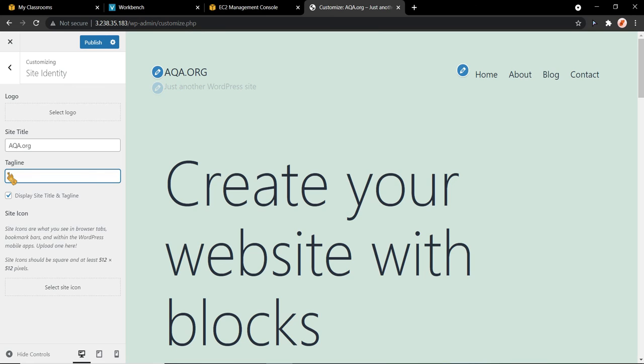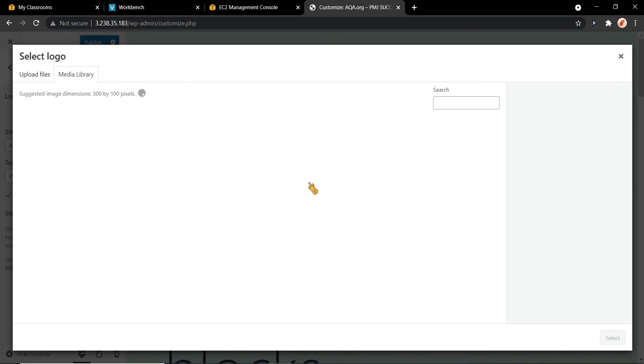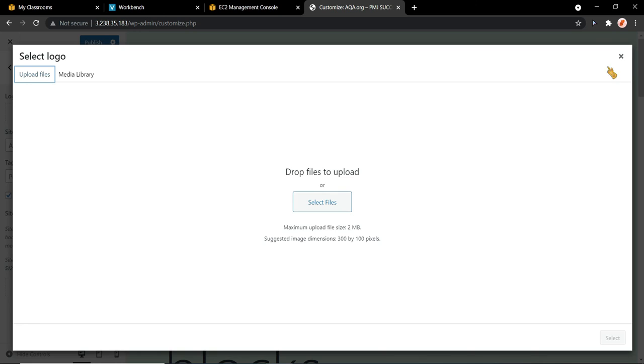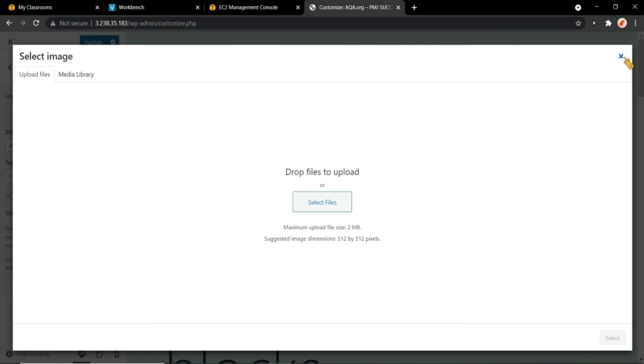We'll change the tagline to BMG success. And you can also select the logo and create your own logo by uploading files. So just select the site icon,